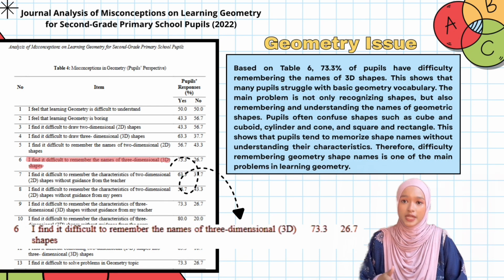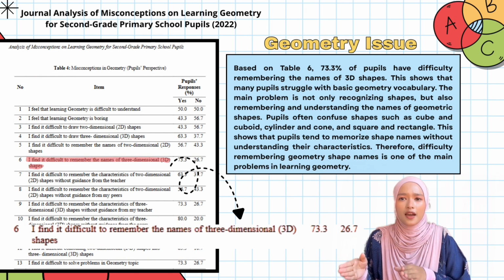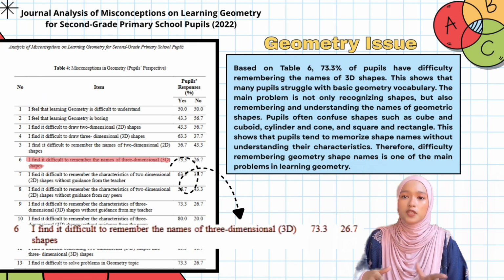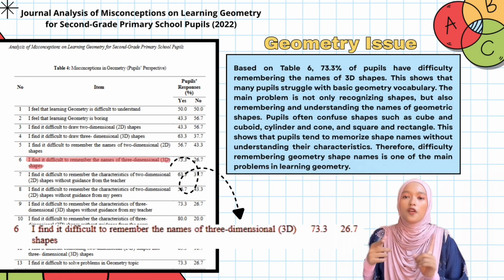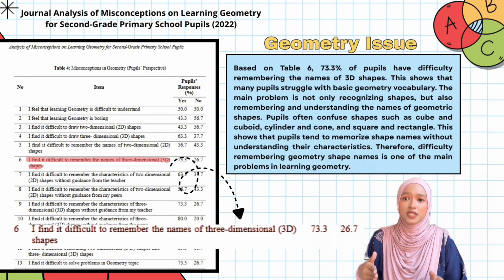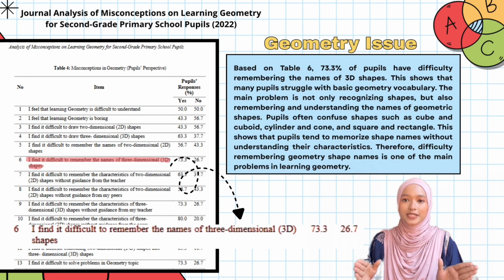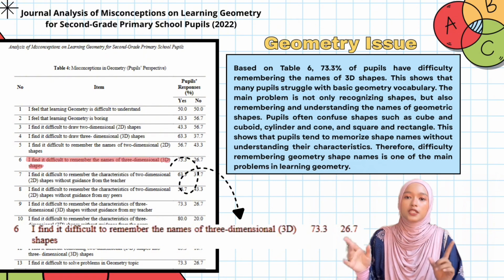Based on table number 6, 73.3% of people reported that they find it difficult to remember the names of three-dimensional shapes. This percentage is quite high and shows that most people struggle with geometric vocabulary. The problem is not only about recognizing shapes but also remembering and understanding their names. For example, people often confuse cube and cuboid, cylinder and coin. This shows that people tend to memorize shape names without understanding their characteristics such as the number of faces, vertices